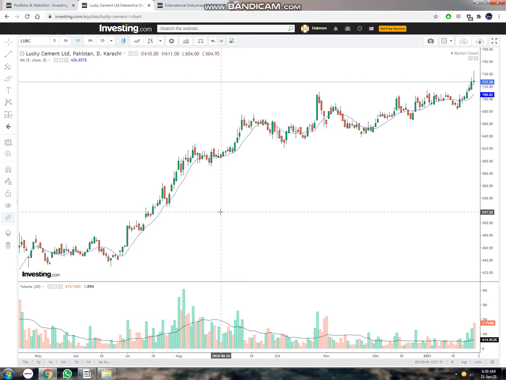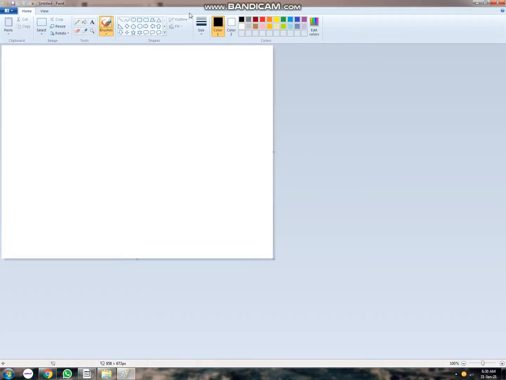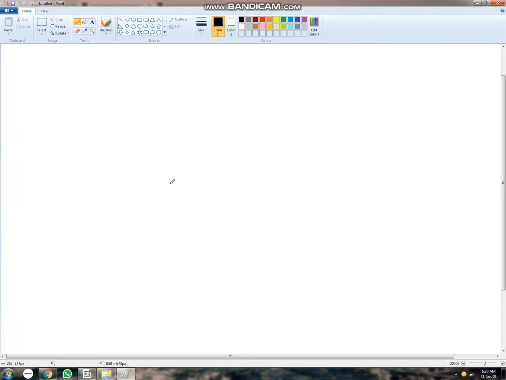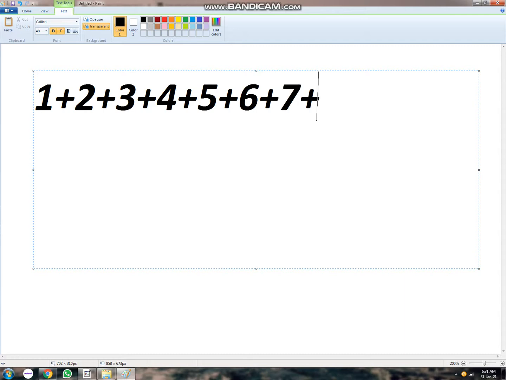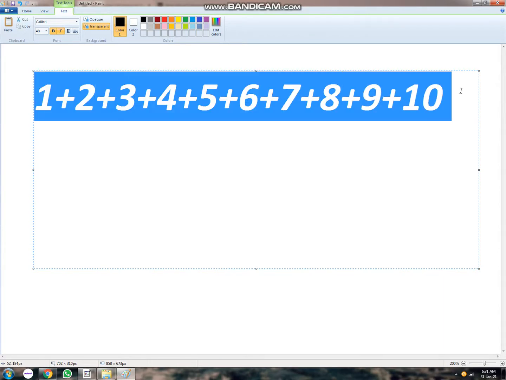Now, where does this moving average come from? Well, I will show that to you in Paint. It came like this. Let's say we have a 10-day moving average. So 1 plus 2 plus 3 plus 4 plus 5 plus 6 plus 7 plus 8 plus 9 plus 10. Now this is the sum for a 10-day moving average,